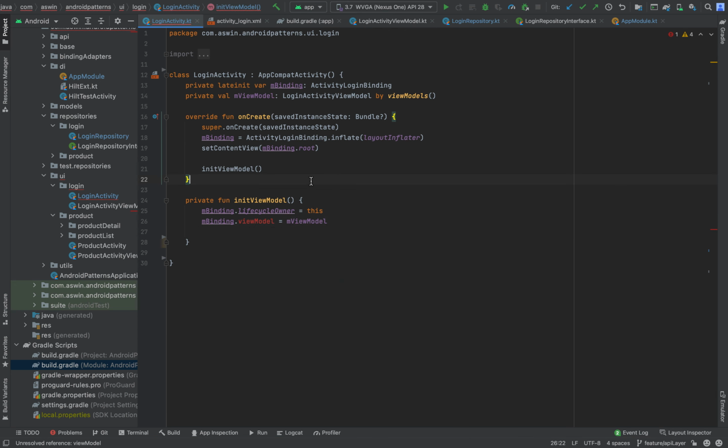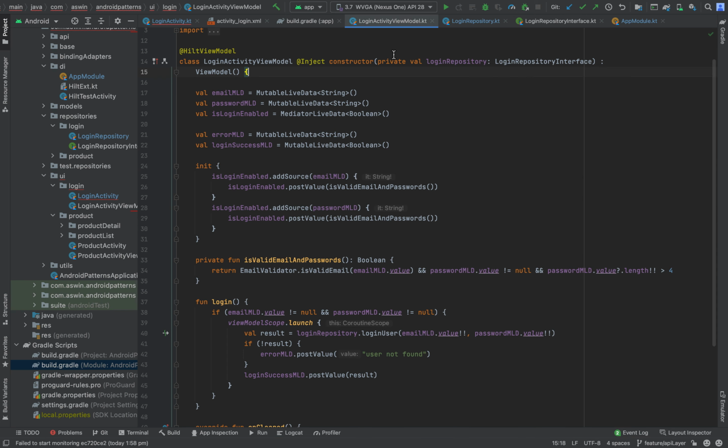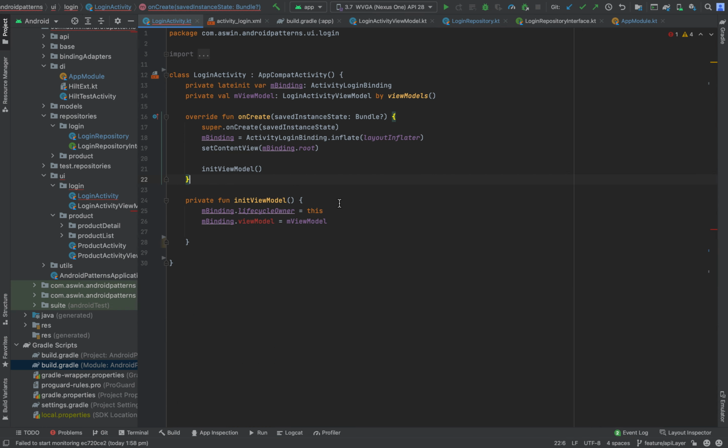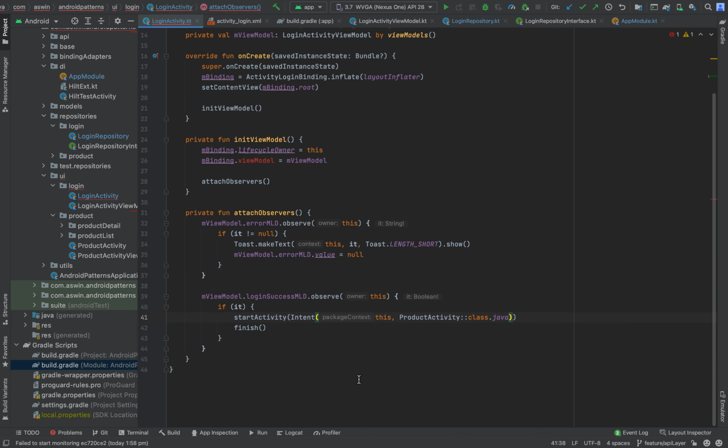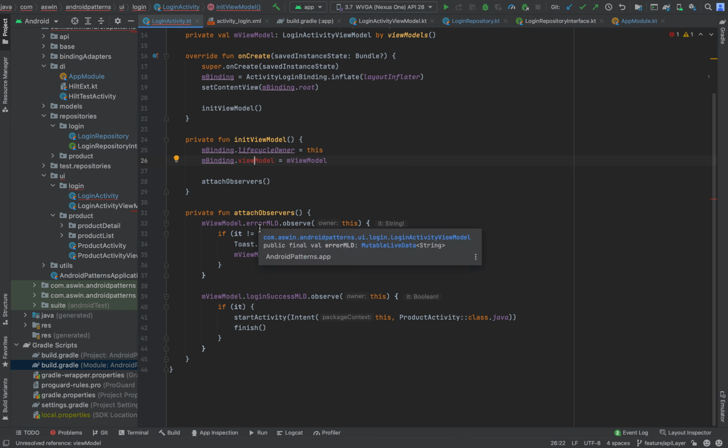Next, we need to add observers for error mutable live data and login success mutable live data. Inside the error mutable live data, if any message is shown, we need to show a toast.